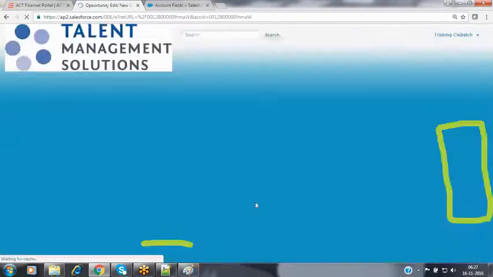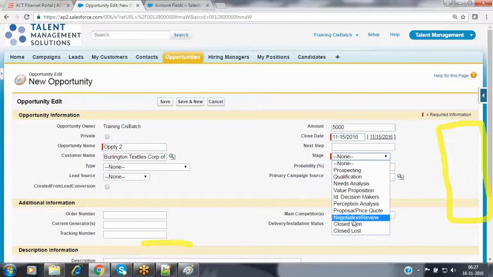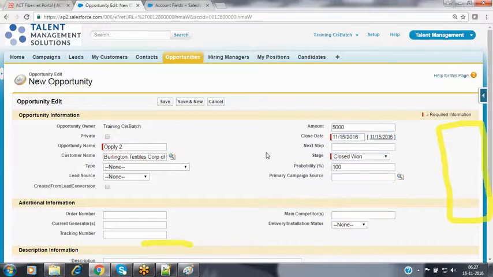Now here I'm going to create one more opportunity, opportunity 2. The amount is 5,000. The close date is today, and the stage is closed. We have closed this opportunity right now. Click on save.